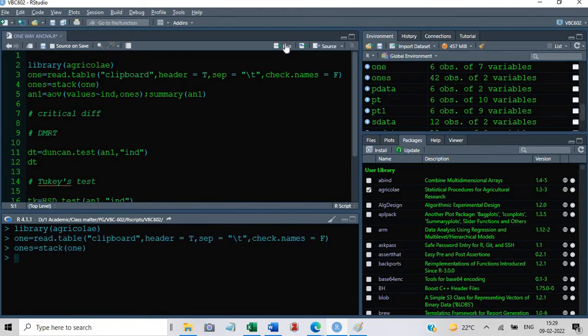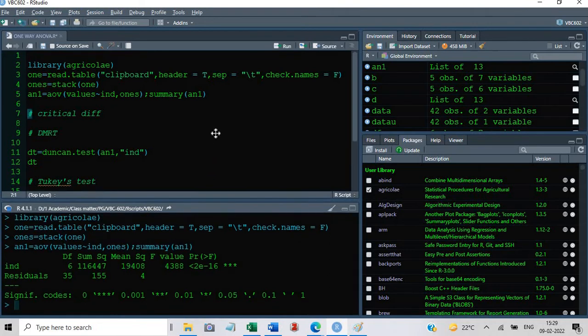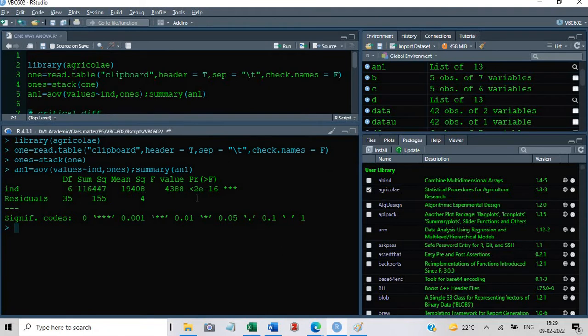So this is the ANOVA. What you can see is that in the ANOVA, the p-value is very much less than 0.05. 2e minus 16 means 2 into 10 raised to power minus 16. It is very much less than 0.05. So the ANOVA says that the difference exists among the groups.